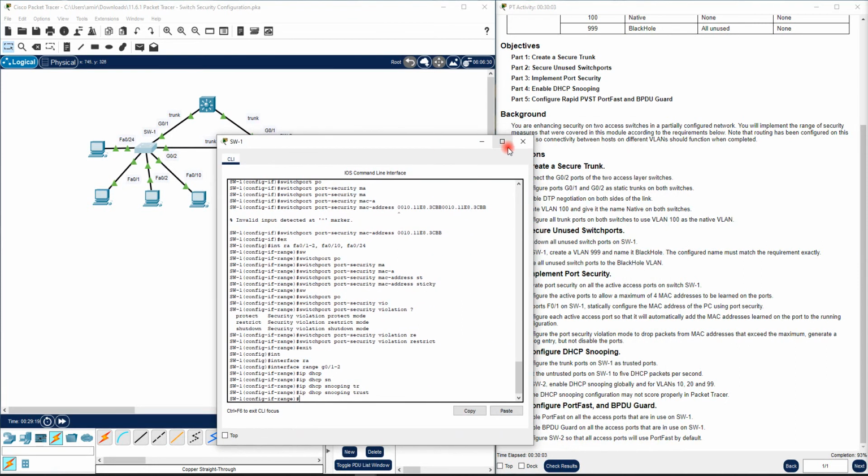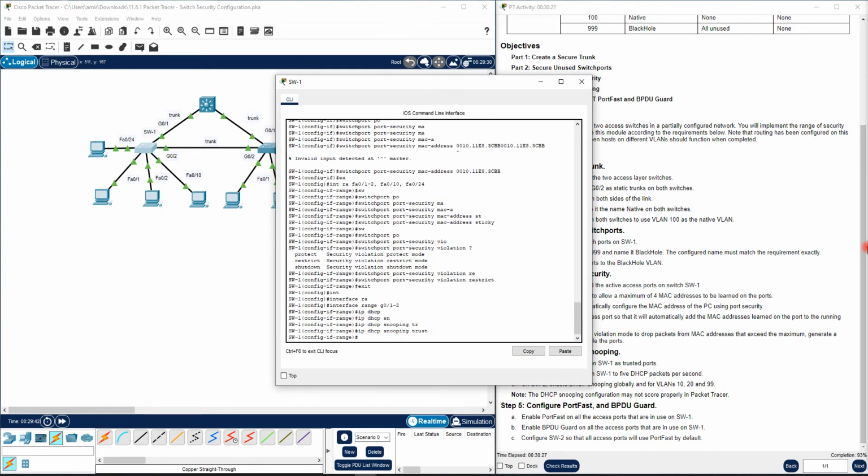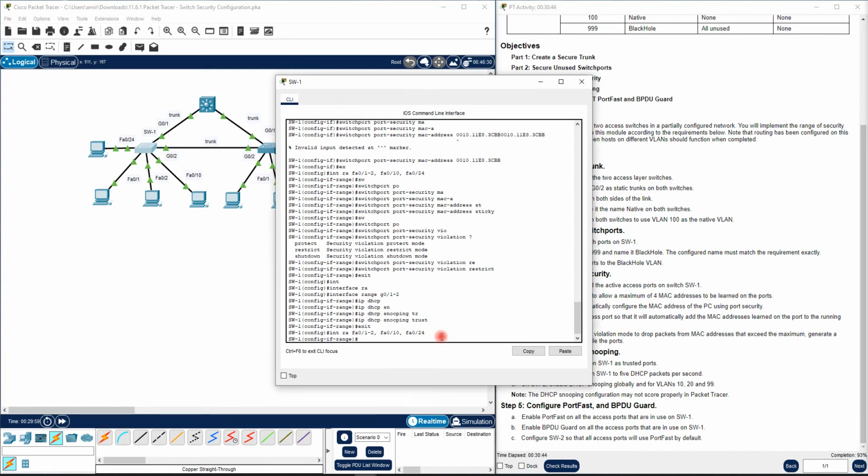First we enable it, and we configure some ports that we trust, and limit untrusted ports on switch 1 to 5 DHCP packets per second, which is another security feature. We should do that here, and we should go to interface range FastEthernet 0/2 to 10 and also 24,